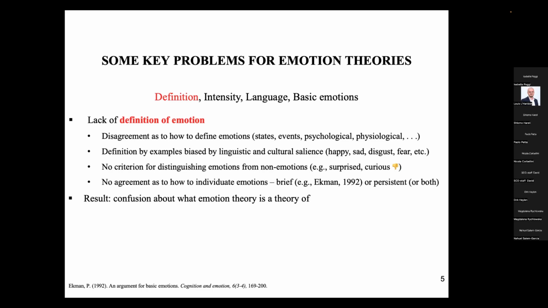It turns out that there's a real problem if you try to define emotions by example. If you can't give a definition in the usual sense, you can sometimes home in on the meaning of a concept by giving examples. As we'll see, the examples such as happy, sad, disgust, fear, and so on have some shortcomings as a way of delimiting the concept.